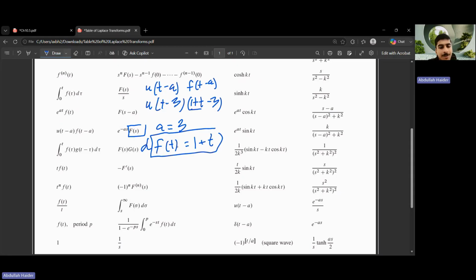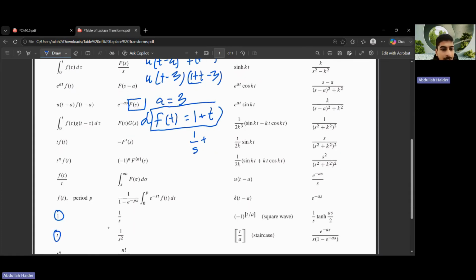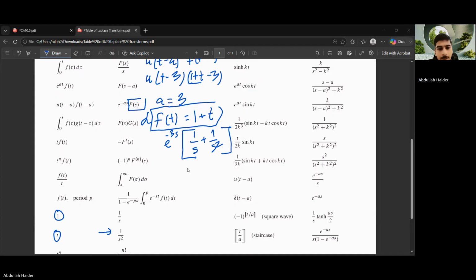You need to do the Laplace of 1 plus t, and this is quite easy. The Laplace of 1 is 1 over s, plus the Laplace of t, which is 1 over s squared. And this is multiplied by e power minus 3s. So basically e power minus 3s, and then you do the Laplace of your f(t), and then you multiply. So in this case, your final answer is going to be,